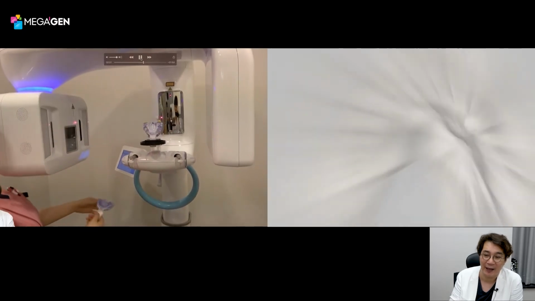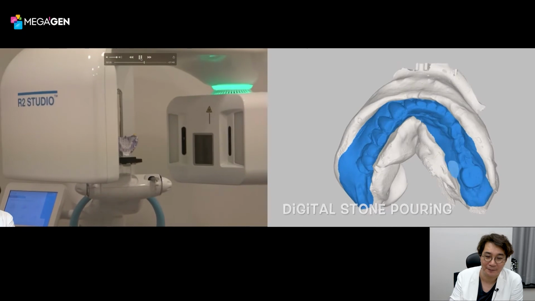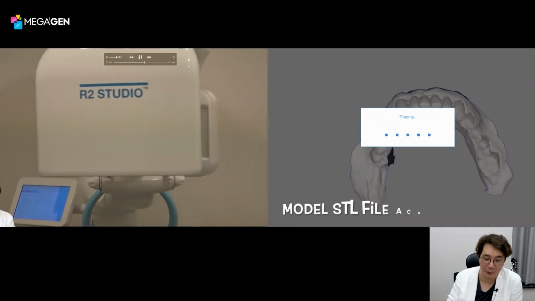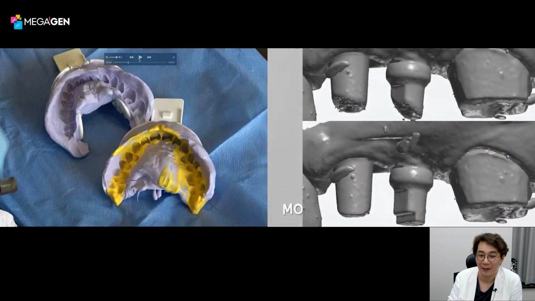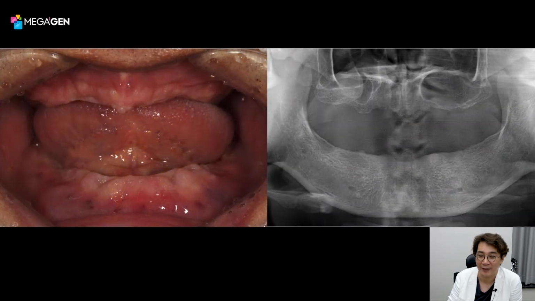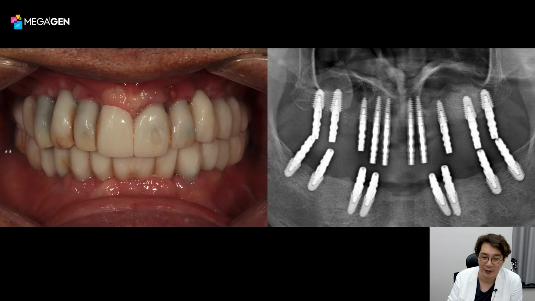And recently, I use this impression scanning mode. It is very powerful in implant dentistry. Let me show you one clinical case, an upper and lower fully edentulous case, and place the implants. And when I make the second provisional restoration,